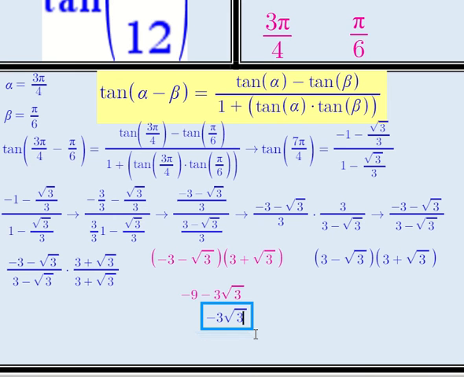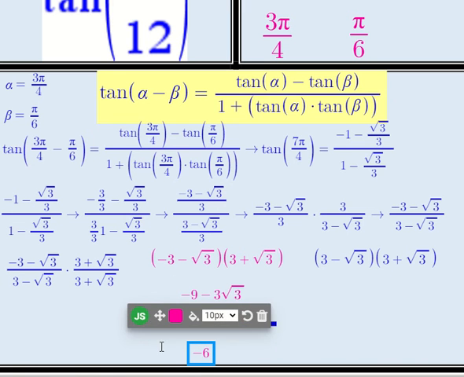And then negative radical 3 times positive radical 3 is 3. When we combine those, we get negative 9 plus 3 is negative 6, minus 6 times radical